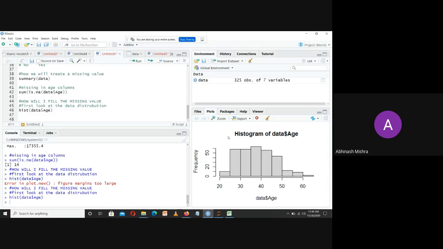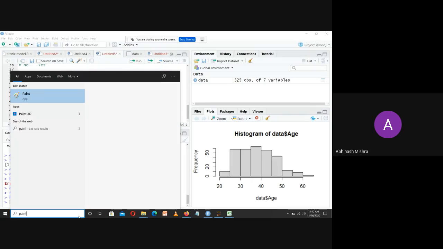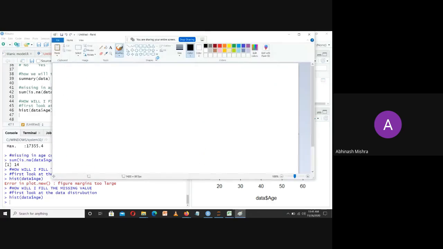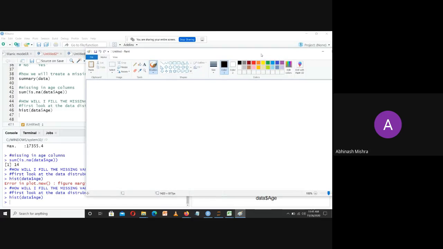On my right hand side, you can see that I am getting a histogram, and on the histogram I am getting a distribution of it. Now, looking at this particular distribution, first of all, we should know how the data has been distributed. Now, I will be coming majorly on my word. So I will be taking this, just a second. Okay. Now we will be looking down towards data distribution.